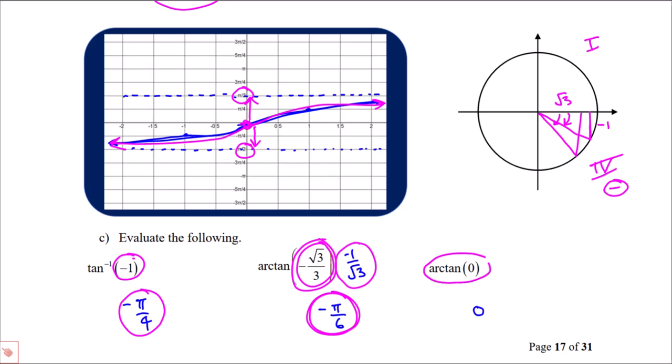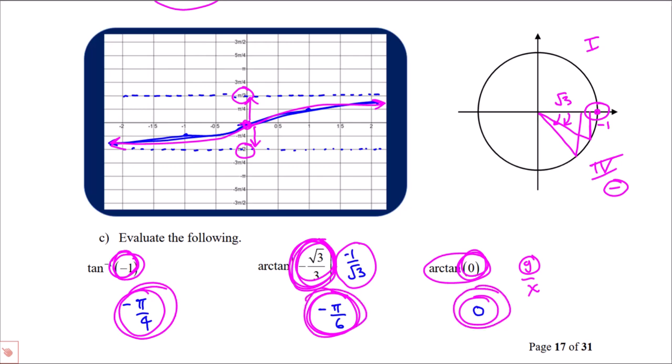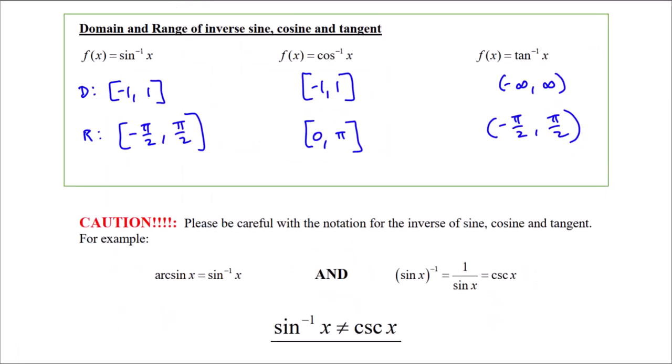When is tangent 0? Well, if tangent is y over x, that's when y is 0, and y is 0 here. And so that's just 0. You have to remember, this is now the value, and we're looking for the angle. Inverse function, switch the x and the y. So as a review,